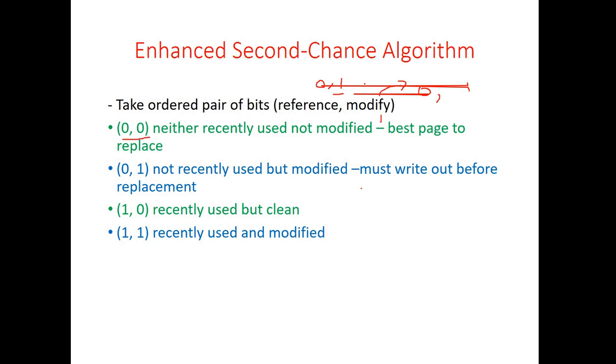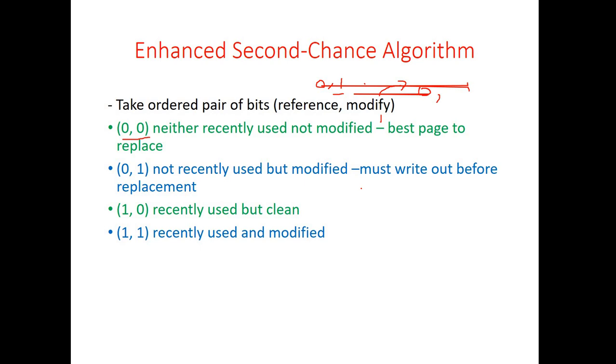1, 0 indicates that this is a recently accessed page but not modified, and it is a clean page. So when this page is the target frame for replacement, it need not be written into the secondary storage because it is already clean. 1, 1 indicates that it is recently used and also modified. So when you want to replace this type of page, it should be stored into the secondary storage